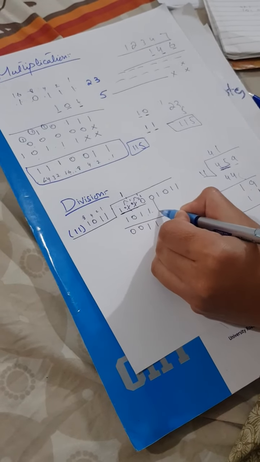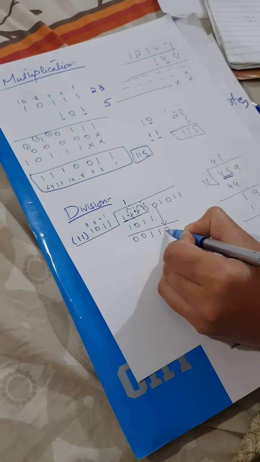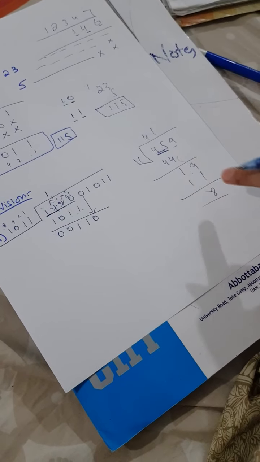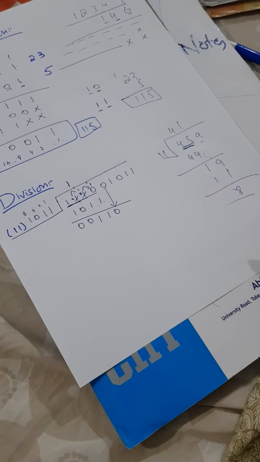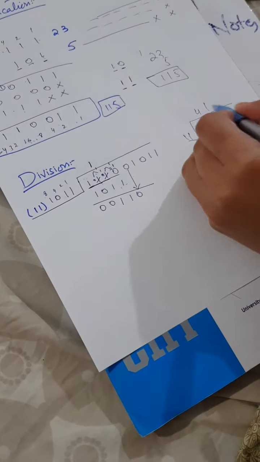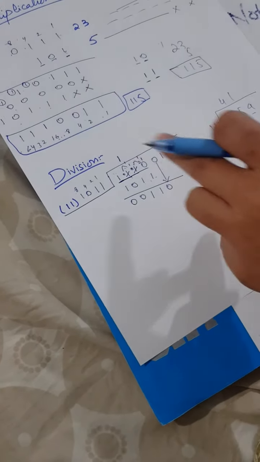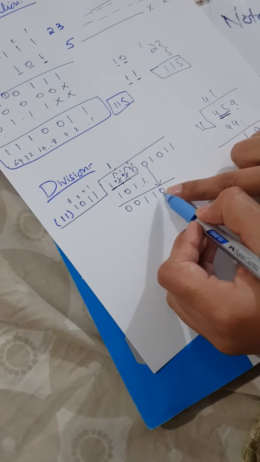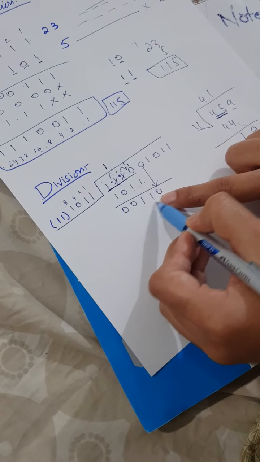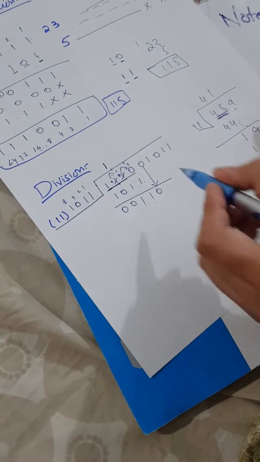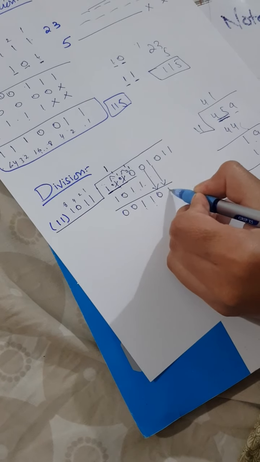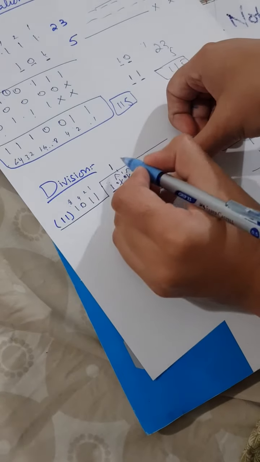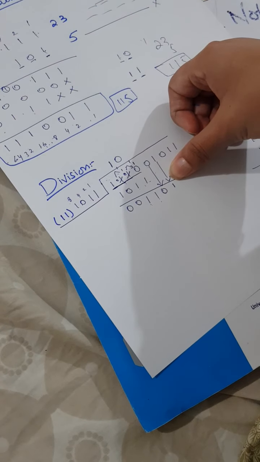Same is the case. Next you will bring next digit down. In this division, you know the first digit comes as it is, and if you bring the next digit, then you put a 0 in the quotient values. Okay, so we put the first value as it is. Now it becomes 1, 2 and 4 and 6. It is still less than 11. You cannot divide it, so you will bring another value 1. First value comes as it is, but when you add next value, you put a 0 in quotient. Okay,